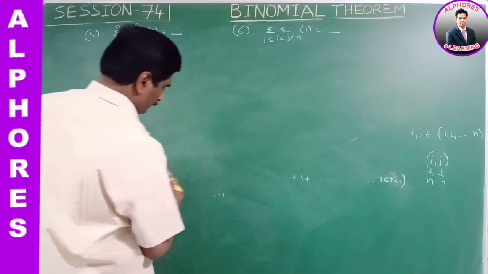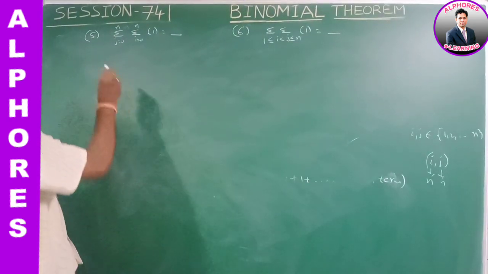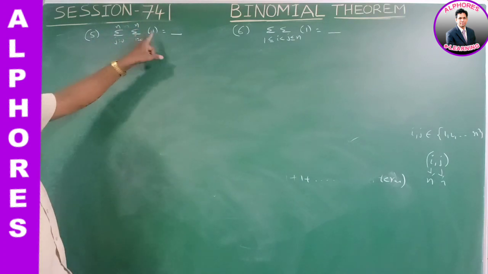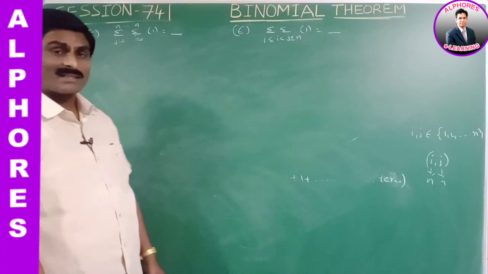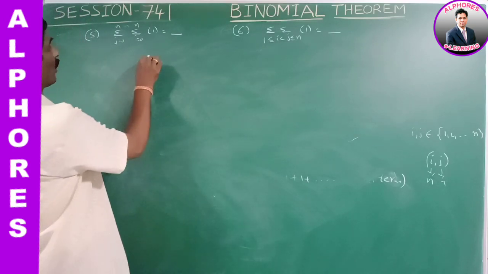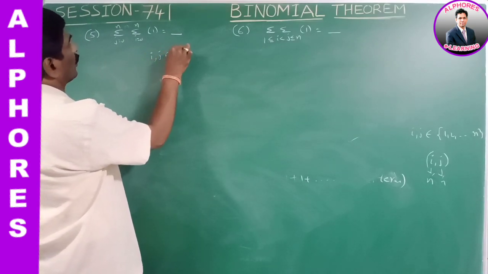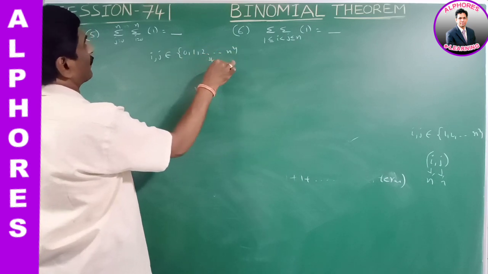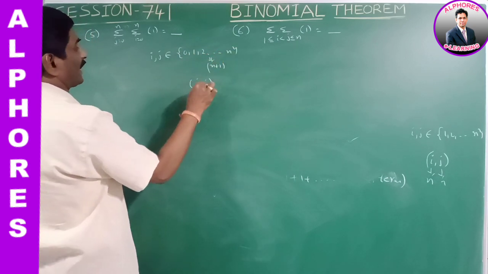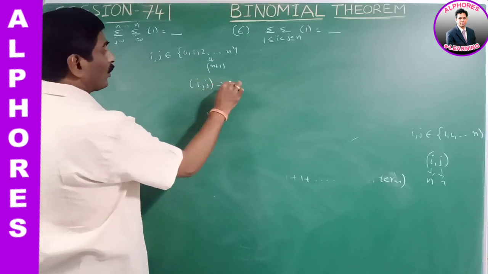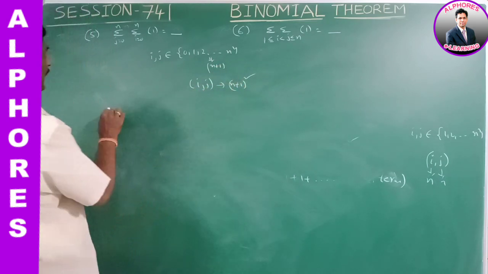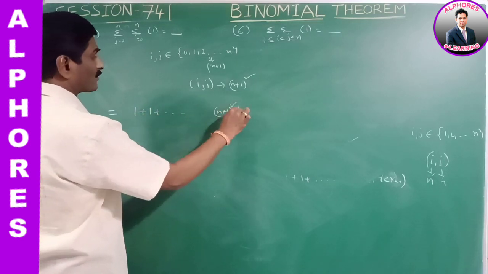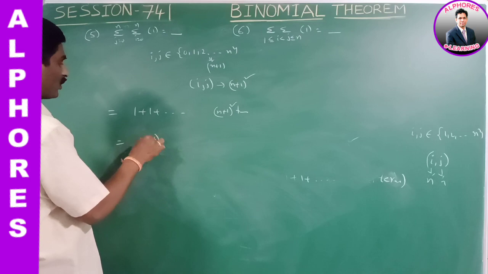The fifth one. i equals 0 to n, j equals 0 to n, a double sigma, here also of 1. In this case, please observe the values. In this case also, i comma j belong to 0, 1, 2, 3 and so on up to n. How many numbers are available here? n plus 1. The number of ordered pairs of i comma j is (n plus 1) whole square. So, after expansion it reduces to 1 plus 1 plus 1 and so on, (n plus 1) whole square terms. What is the answer? (n plus 1) whole square.